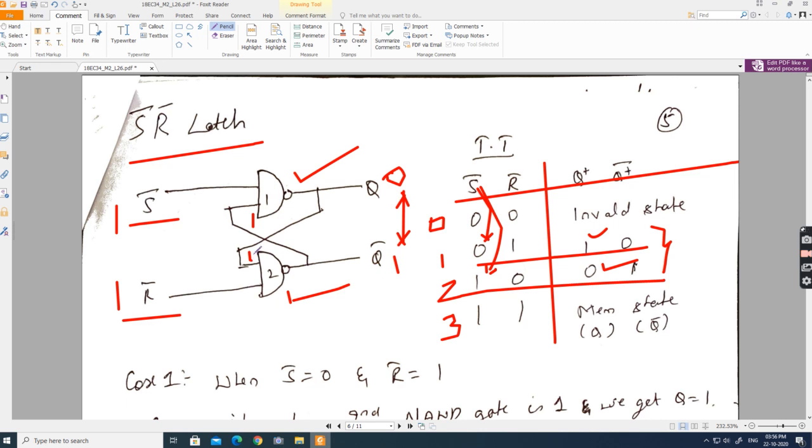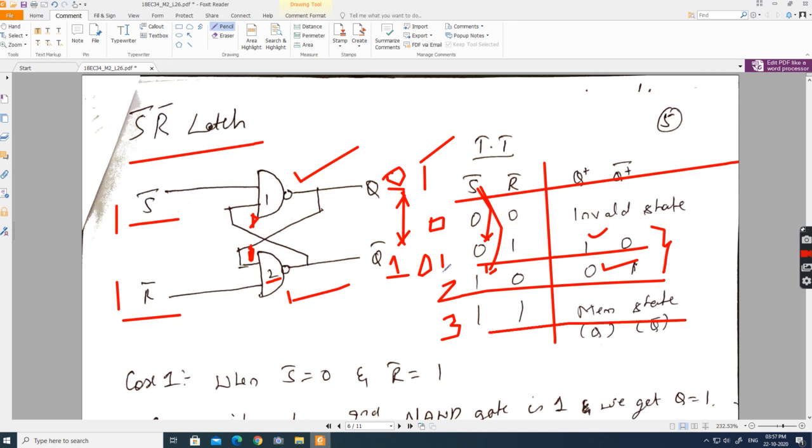Now what will I get here? Here I will be getting 0. Here I will be getting 1. For the second NAND gate, 1 NAND 0, what will be the answer? 1. Correct? 1 NAND 0 answer is 1. Understanding? 1 NAND 1 output is 0. Now if I flip the content, Q is 1, Q bar will be 0. What will I get here? I will be getting 1 here and 0 here. So 1 and 0, output is 0. 1 and 1 output is 0. 0 and 1 output is 1. So it is the memory state.